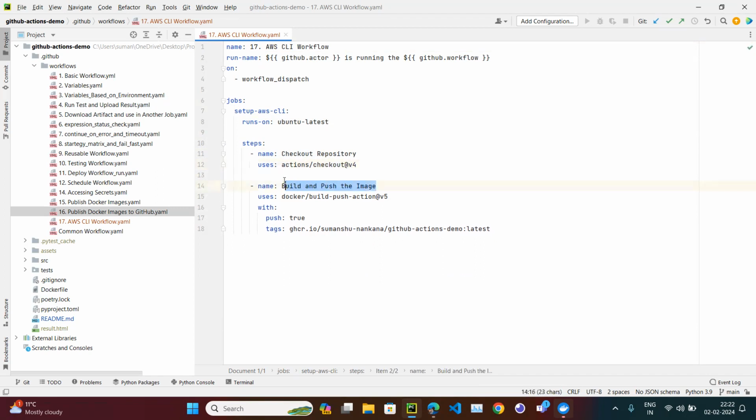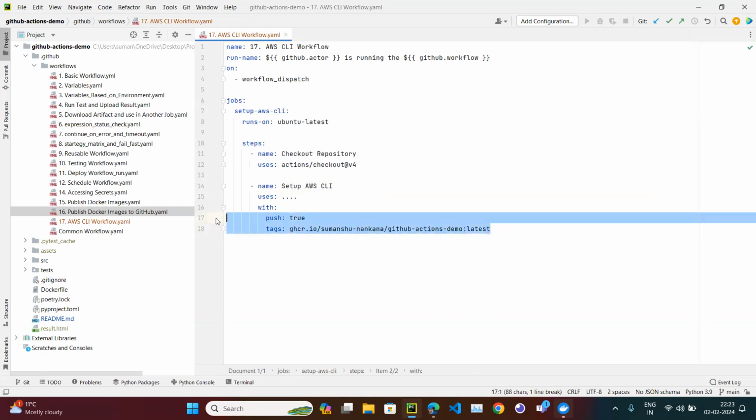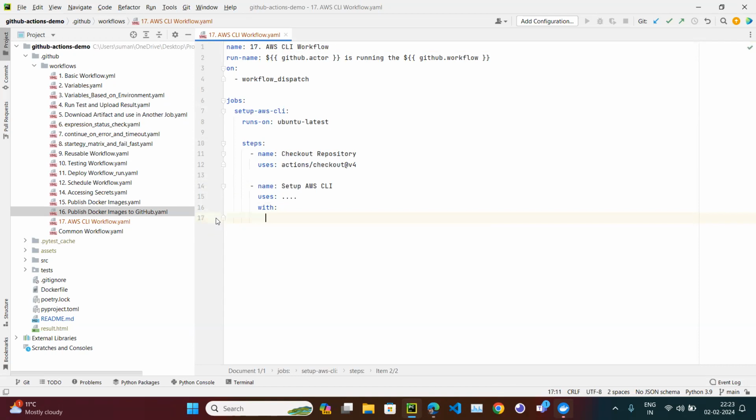Now we want to set up AWS CLI, and we want to use something which we have created, and we want to give some inputs. What input are we going to give? So we need to give some input. Basically, when you are going to set up AWS CLI,